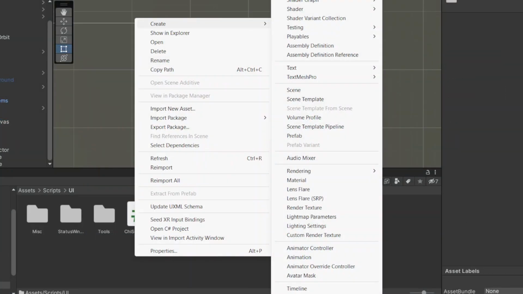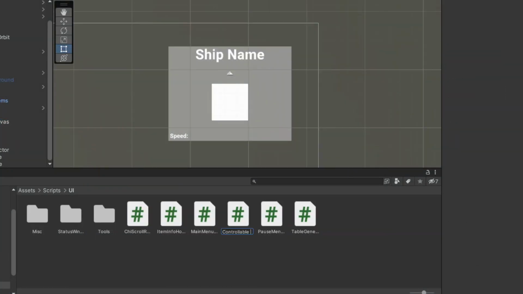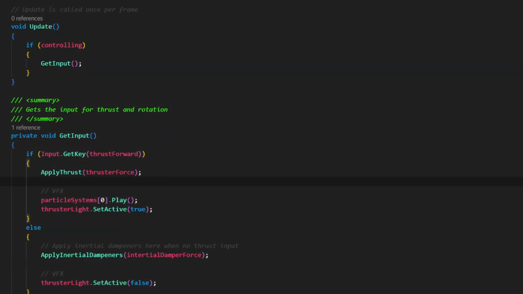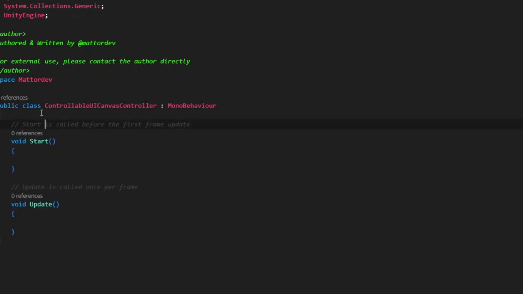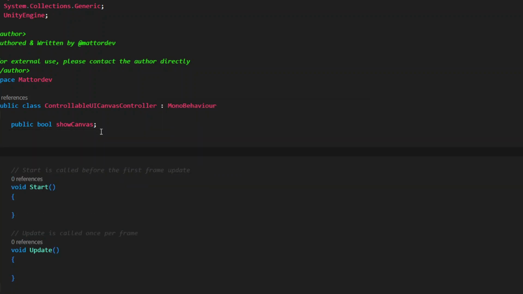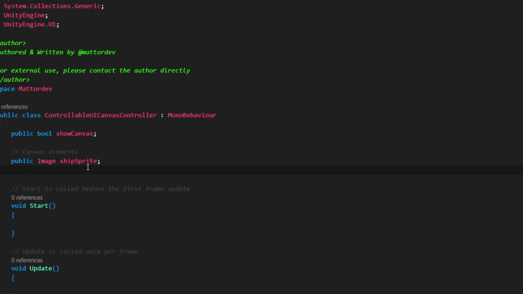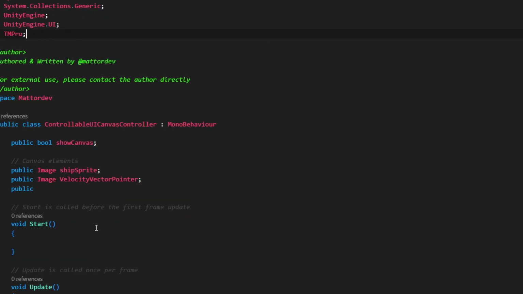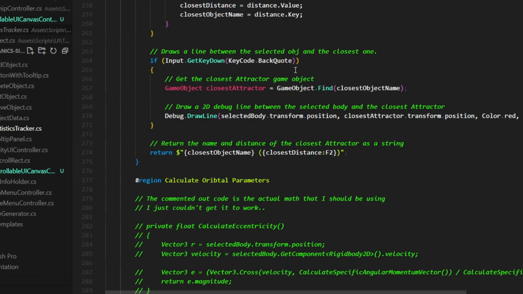So, the main thing that happened here was I made this UI and then it crashed partway through this clip, so then I had to remake the UI. I managed to get quite a bit of the code started at least before it died, which wasn't too big of a problem because it saved anyway, but the main thing this is doing is just, it's got a reference to the ship sprite, the velocity vector pointer, and